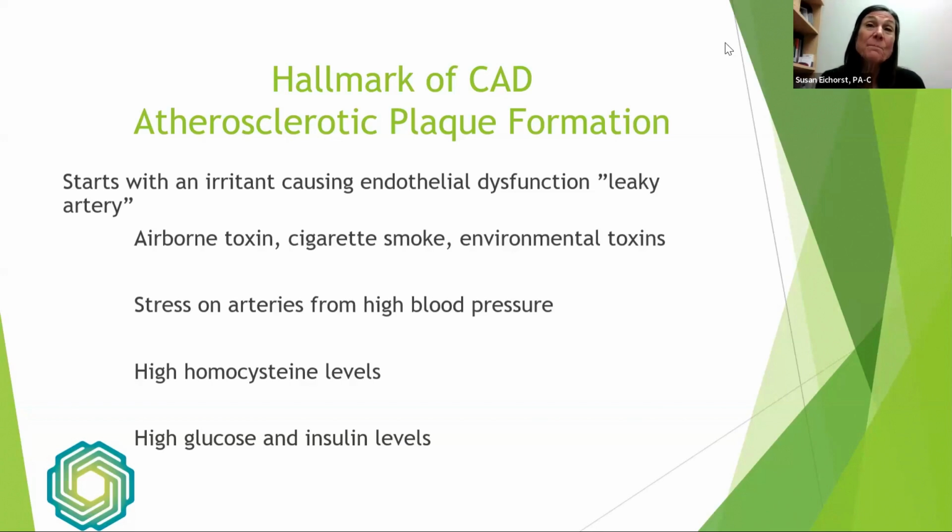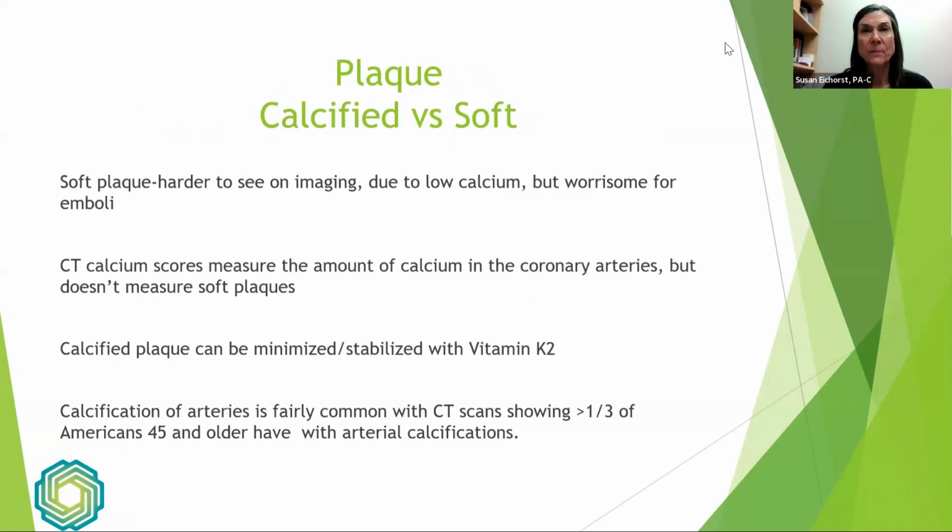And then probably most important, we get back to high glucose levels, high insulin levels. This all gets to the root of so many chronic diseases, and especially here in the United States. We are talking too much glucose in the system, followed by too high insulin levels, leading to insulin resistance. So I just want to talk about plaque for a minute.